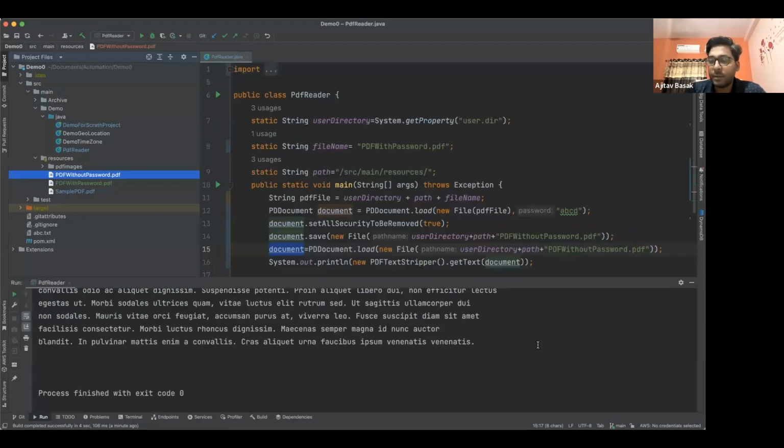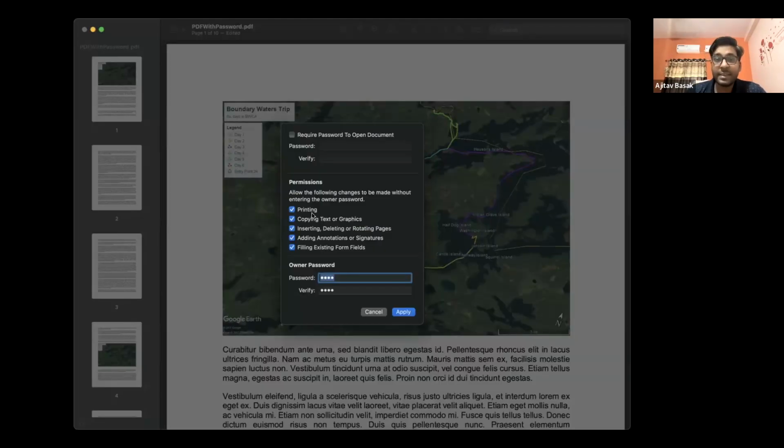Now, as we were talking about two passwords, the owner password and the password to open the document, what is the use of having these two passwords? Let's dig deep into that section. If I open the previous PDF with password, there is a section for permissions, which says, do we want to print without having the owner password? Do we want to copy text or graphics without having the owner password? Inserting, adding annotations, filling existing form fields. For now, all of them are checked, which means to perform any of these activities, we do not require the owner password. Let's say I change the owner password to XYZ,